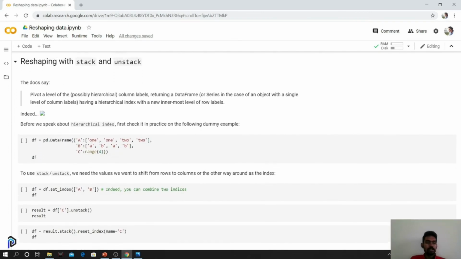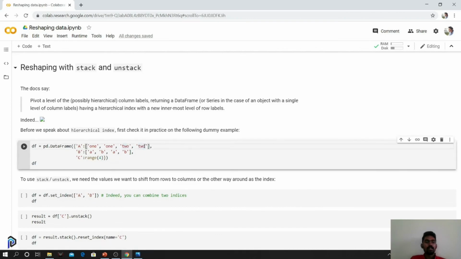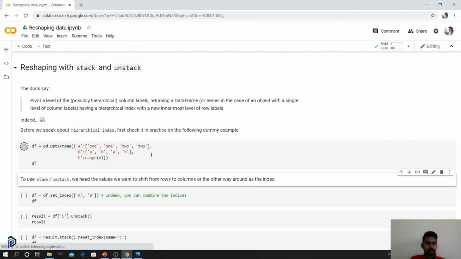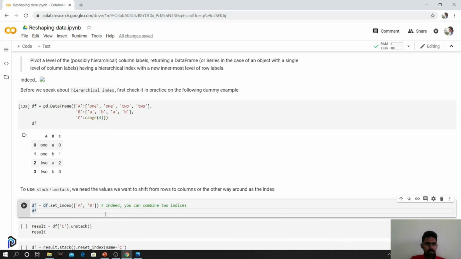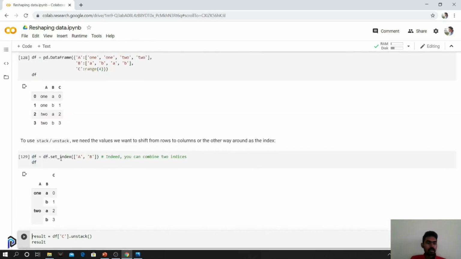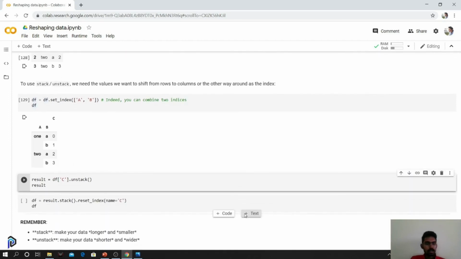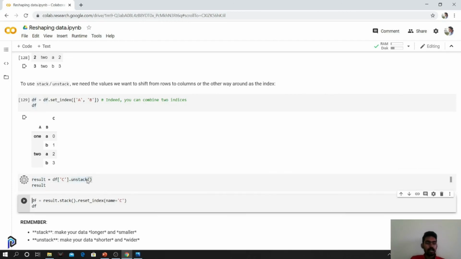So next, that finally brings us to stack and unstack. It helps us to do hierarchical indexing. So this is the data frame that we have. Initially it's indexed from 0 to 3, and we have labels A, B, and C. What I'm doing is setting the index to be A and B. So what happens is a new table is formed with 1 and 2 as index, and we have the other values over here. I can unstack C, so it removes C and gives values to them.